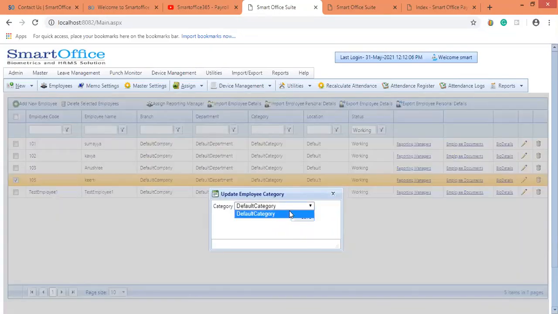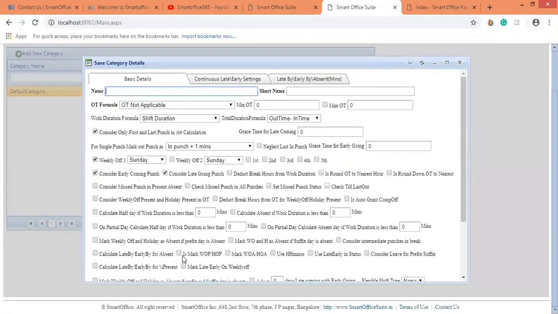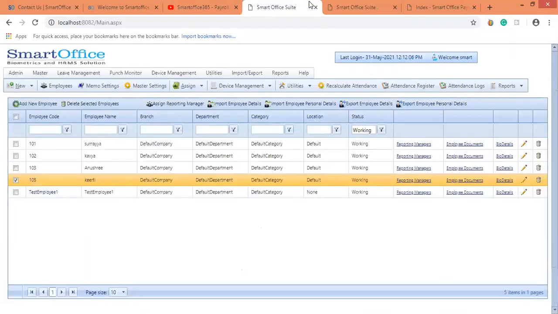If you have prepared another category, it will be shown in the drop down list. Just select that category and update it for the specified employees who fall under a flexible shift. So we can maintain both regular and flexible shifts by categorizing them. This is how you can maintain a flexible shift.